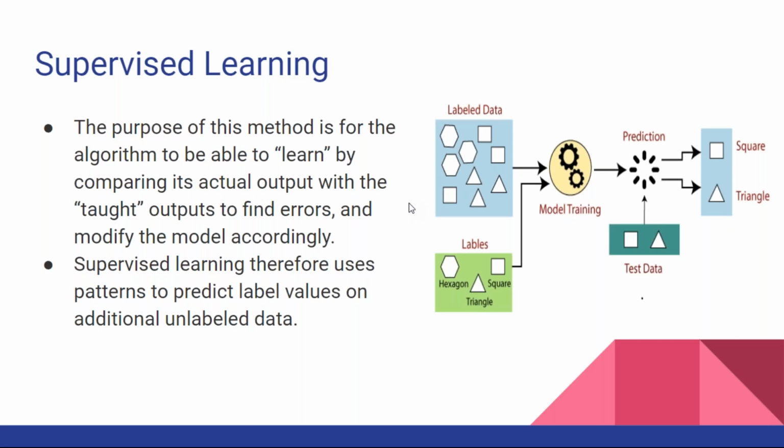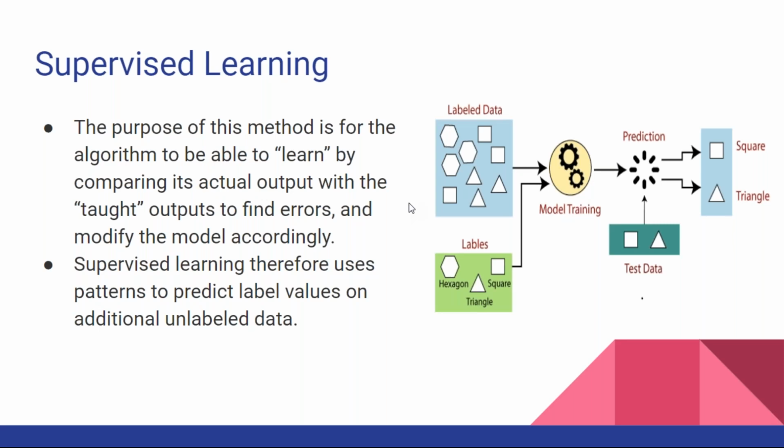एनीवेज मूविंग ऑन, supervised learning के example, again, the purpose of this method for the algorithm is to able to learn by comparing its actual, जो मैंने भी बताया आपको, actual output with the taught output. So यहाँ पे आइडेंटिफाई कैसे करेंगे? जैसे आपको 300 क्वेश्चन प्रैक्टिस करने के लिए बोला, आपको पता कैसे लगेगा आपने सही करा गलत करा? ऑब्वियसली यू शुड हैव द आंसर। जब तक आपके पास आंसर नहीं होगा आपको पता कैसे लगेगा कि आपने सही परफॉर्म करा गलत परफॉर्म करा? सो यू विल कंपेयर योर आंसर विद द एक्चुअल आंसर। जो डिफरेंस होगा दैट इज द एरर व्हिच यू हैव टू रिड्यूस, उसको आपको रिड्यूस करना है। यू विल ट्रीट इट एज अ मिनिमाइजेशन प्रॉब्लम एंड यू विल ट्राई टू रिड्यूस दैट पर्टिकुलर एरर, उसको आप रिड्यूस करने की कोशिश करेंगे।